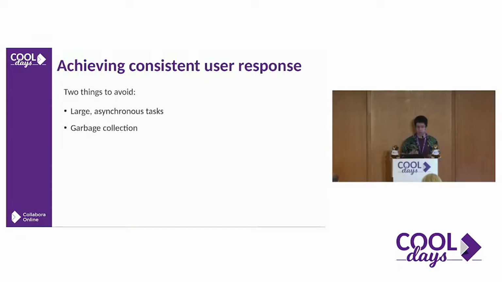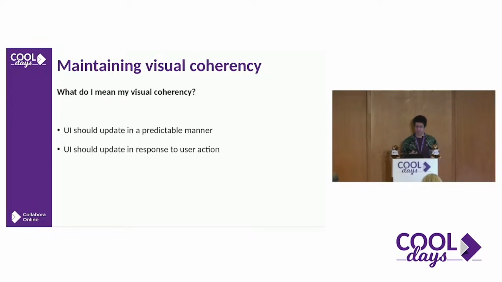And we also want to avoid causing garbage collection, and that's not so simple, so I'm going to come back to it later. Maintaining visual coherency. This is a more nebulous point than the others, but it ties into them. And by visual coherency, I mean both not displaying partially rendered content and also visual feedback being visually consistent over